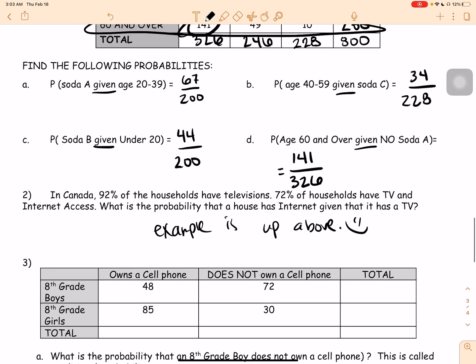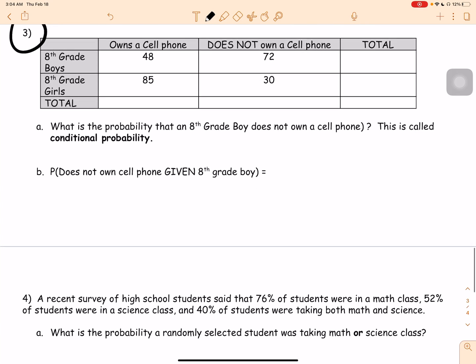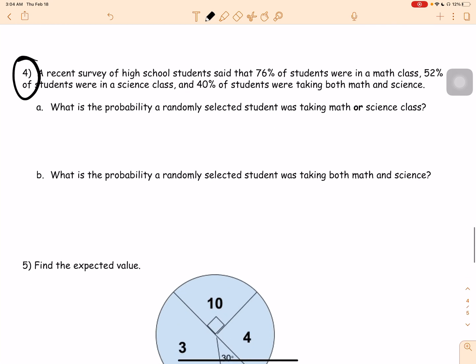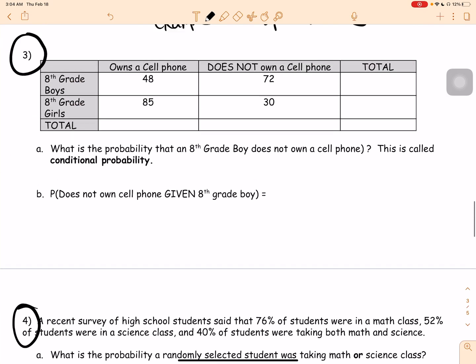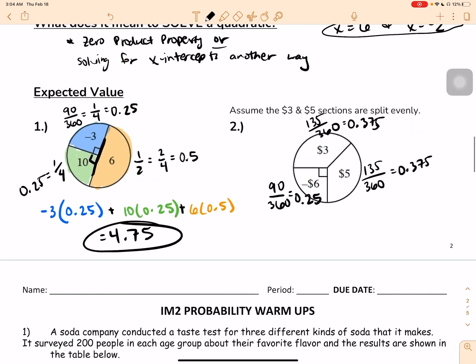So I want you guys to do numbers 2, 3, 4, and 5 on your own. It's super important that you do those, okay? So get those done. You got this. Post them. Email me if